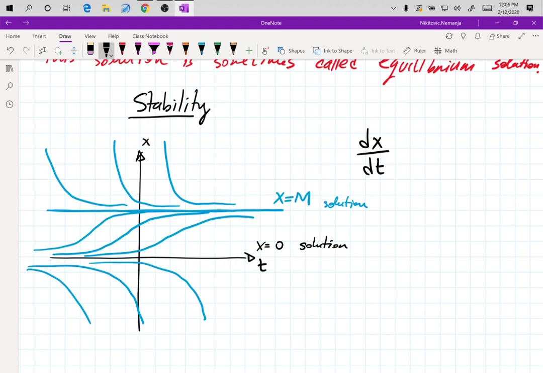The differential equation is going to be of the form f of x. That's the autonomous first order differential equation. So we're going to take a look at the situation where we have these two solutions, x equals m solution. And guys, if you look at these